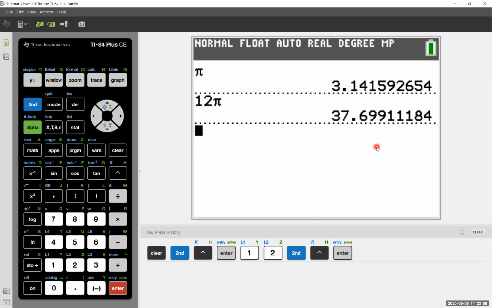Now our problem tells us to round your answer to the nearest hundredth, which means we're rounding to 2 decimal places. So the raw answer we get is 37.69911184. Rounding to the nearest hundredth means I'm rounding to 2 decimal places. So I'm rounding to here, looking at the place just to the right of it, and I'm finding it's 5 or greater, so I would round up, which means my final answer is going to be 37.70 square feet. So we'll jump back to our whiteboard.